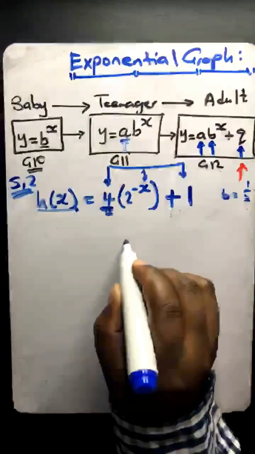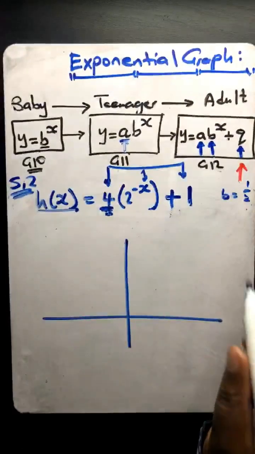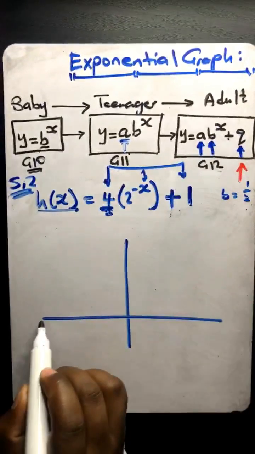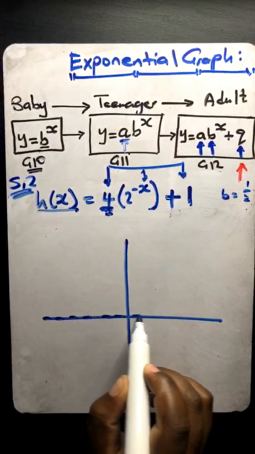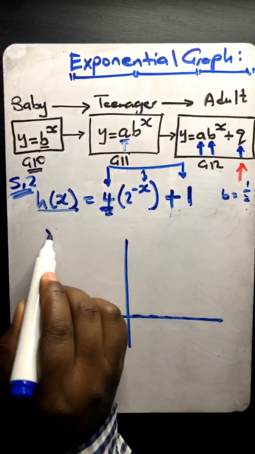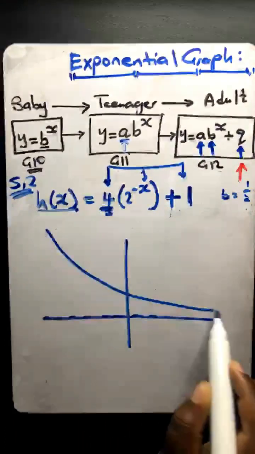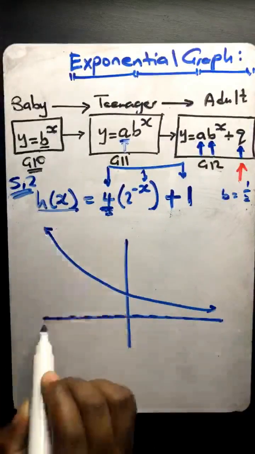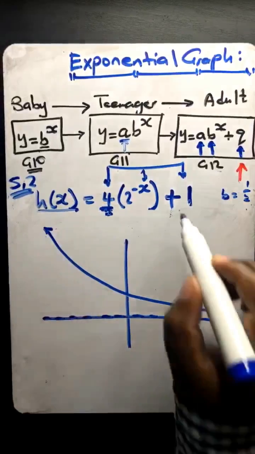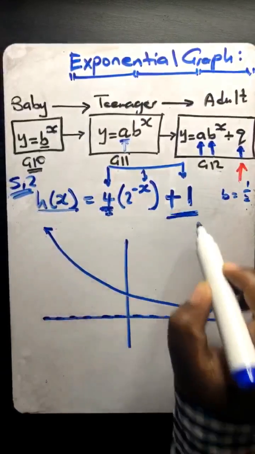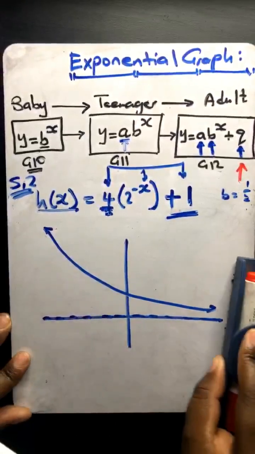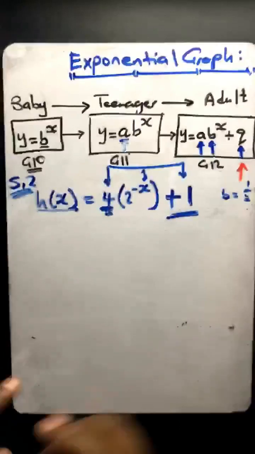It's because we know that if here it was 0, we were going to have an equation of asymptote right there, and that would mean it was just going to be that broken line. But also in this case, it has shifted by 1 unit upward. So that means that is the reason why it will never have